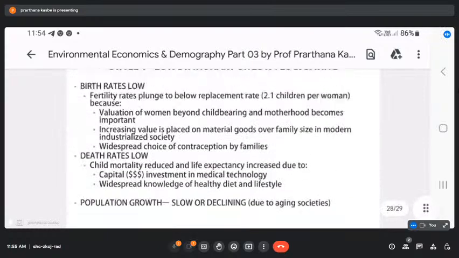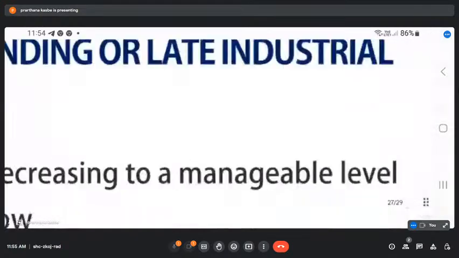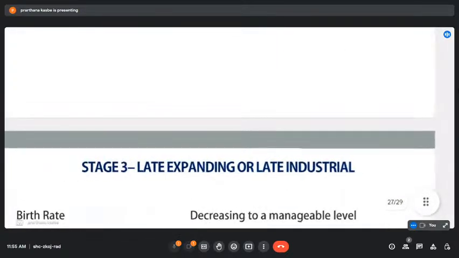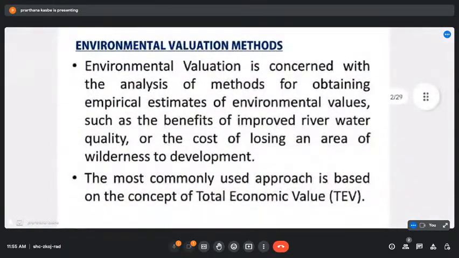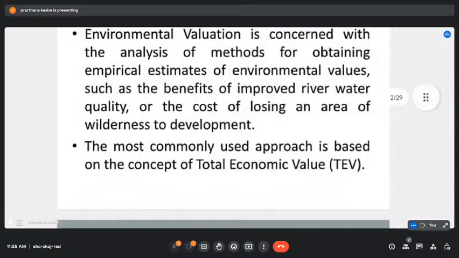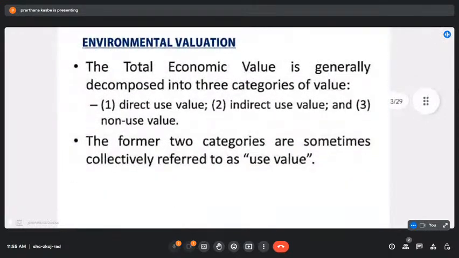This is the theory of demographic transition. So in this part we have described the demographic transition. Next, the environmental valuation methods. In that we have to describe how environmental valuation analyzes the empirical estimate of environmental values. Then we have to describe the total economic value, that is TEV. Then how environmental valuation is done. There are 3 categories